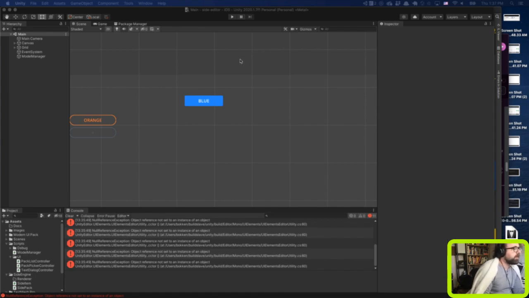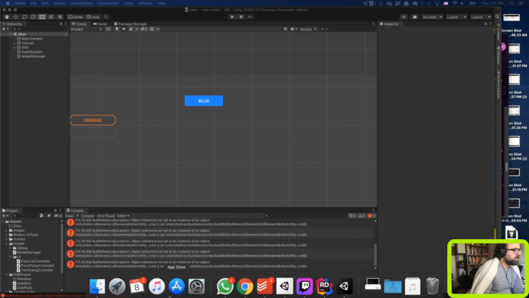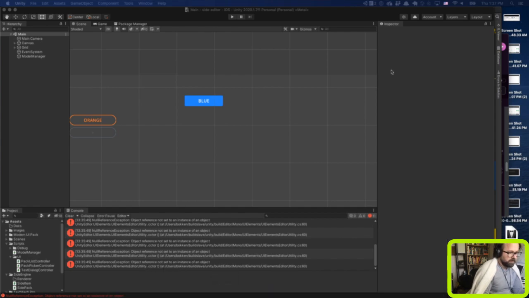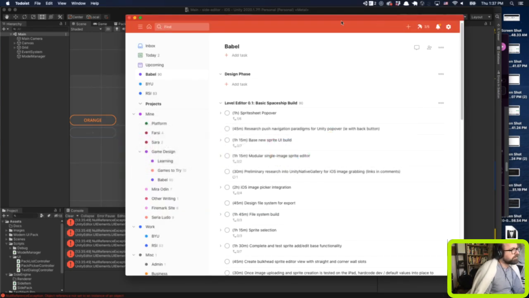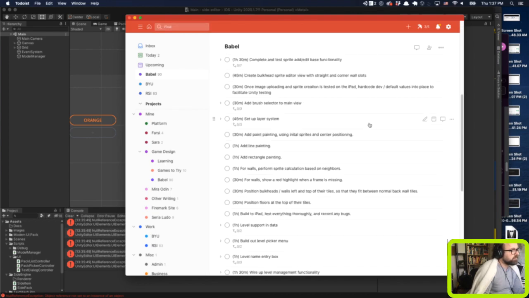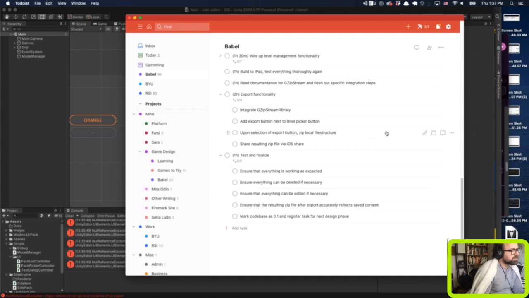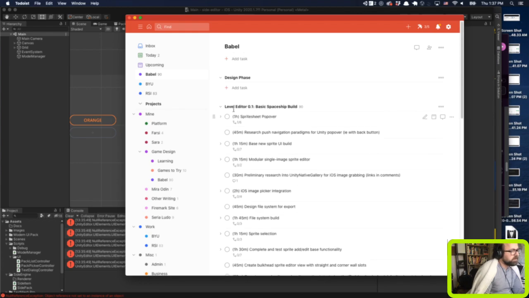I just wanted to walk through the process of basically what it looks like to organize the next steps of a project. So right now, this is what I've got for the level editor, which you can see is quite just a long list